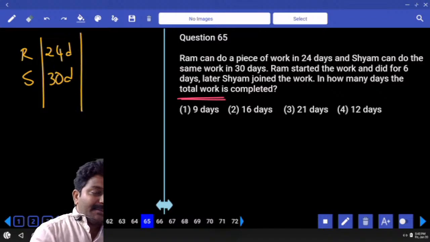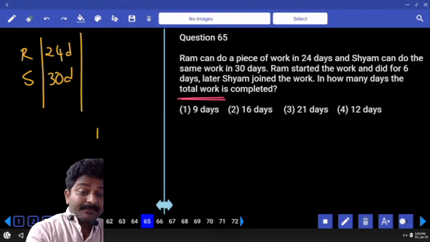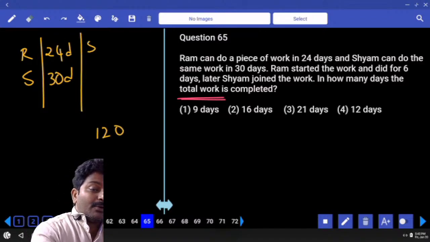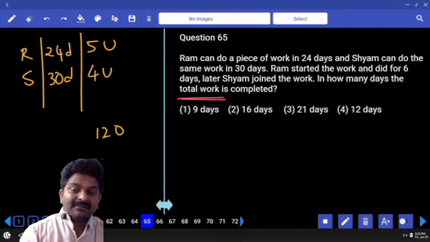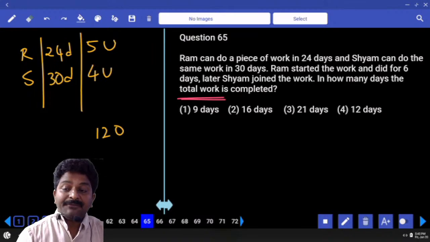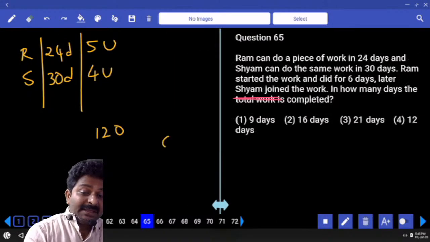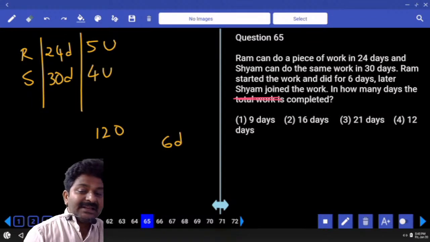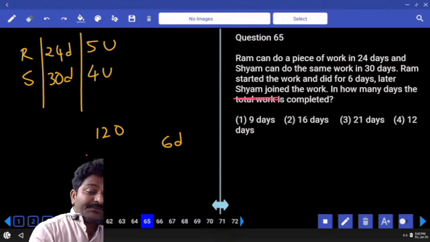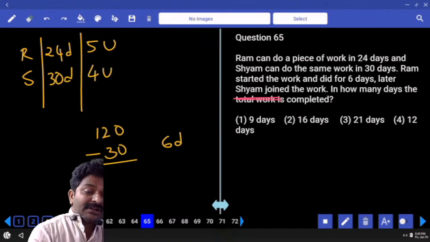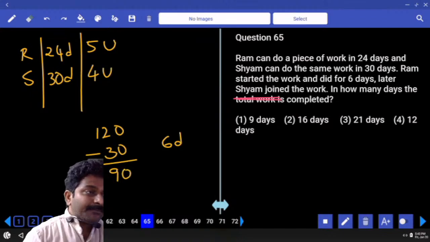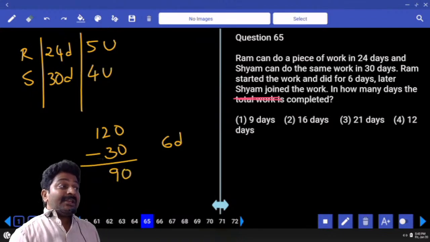And what is the LCM here? 120. That means Ram can do 5 units. Sham can do 4 units. Who started the work? Ram. Worked for how many days? 6 days. That means in these 6 days, Ram will do 6 into 5, that is 30 units. How many units are left now? 90. To complete the remaining 90 units,